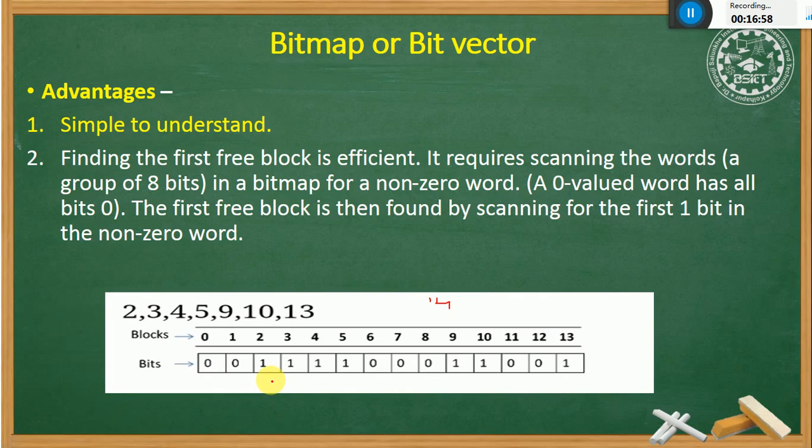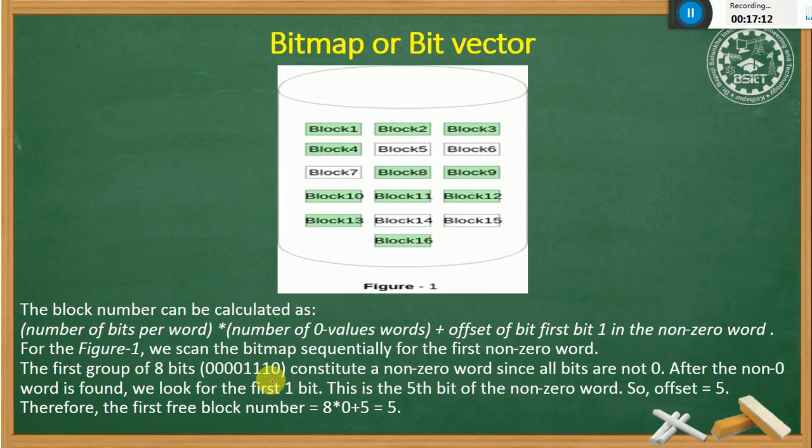So if you want to find out a free space, you must scan a 14-bit number and you can easily find out which block is free. 0 allocated, 1 free, or in some references vice versa. So a bitmap will be created, for example for 16 blocks a 16-bit number, and we can easily calculate how many free